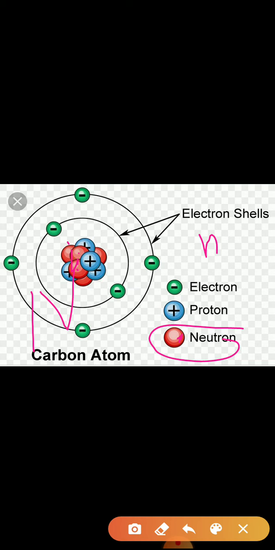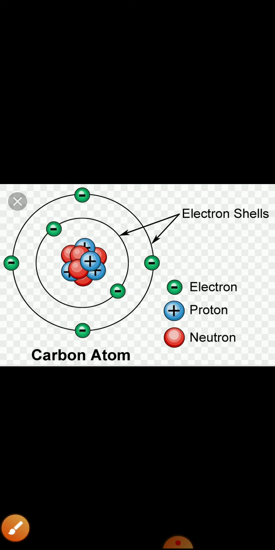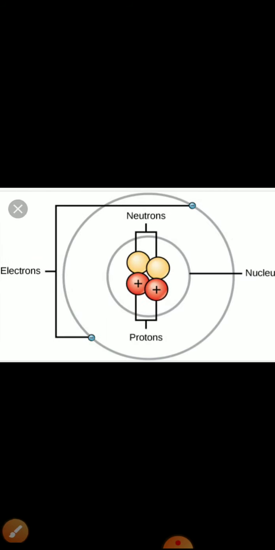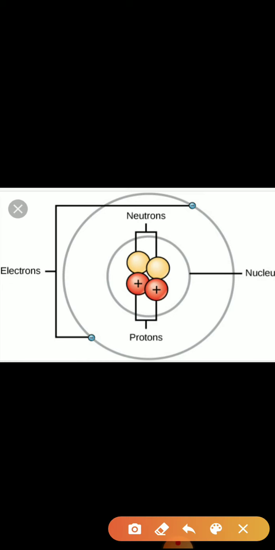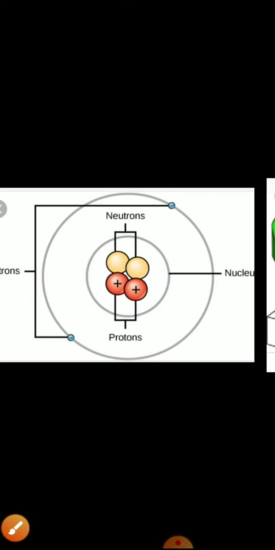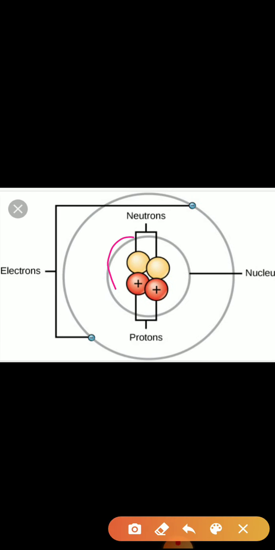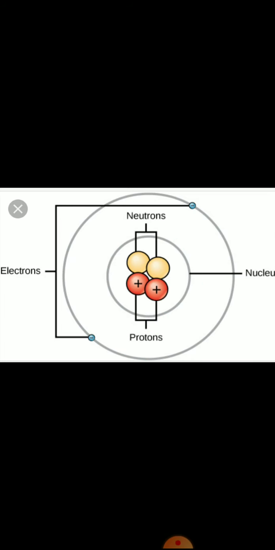Atomic nuclei of every element except hydrogen with atomic mass 1 u contain neutrons. The mass of a neutron is approximately 1 u, which is almost equal to that of a proton. So remember, first we have studied the structure of the atom. Every atom consists of a nucleus at the center. Inside the nucleus, positively charged protons and electrically neutral neutrons are there. Protons give the atomic number, represented by the letter Z.